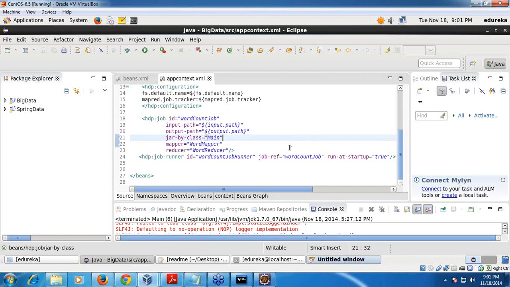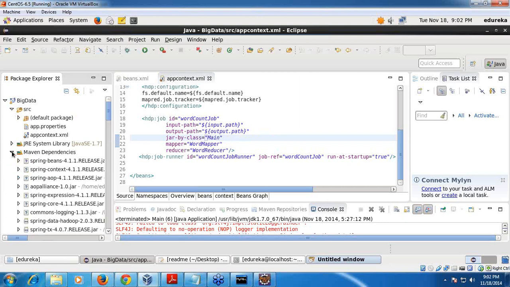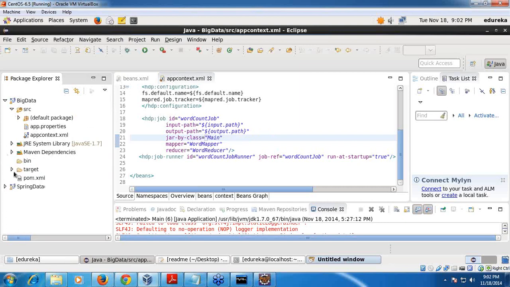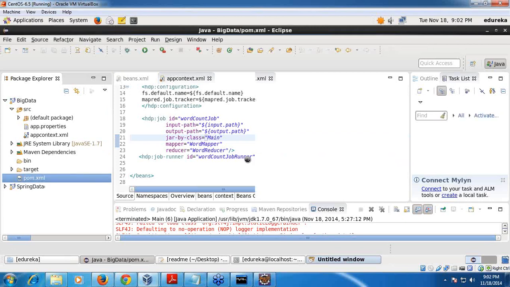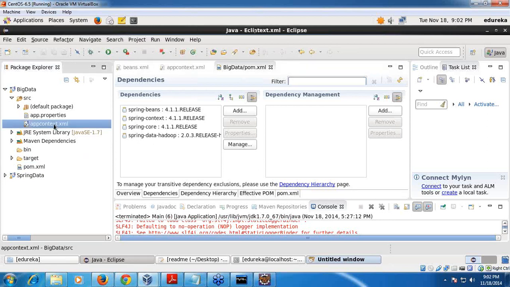Because of the time restriction, I will just explain what I have done here, what you need to do for big data connection from your Spring, right? So first step, as usual, you need to take all the jar files. You use Maven itself. In Maven, I have added 3 jar files, the basic 3 jar files of basic Spring, and then the Spring Data Hadoop jar file also. Once you add this, first you need to write the context.